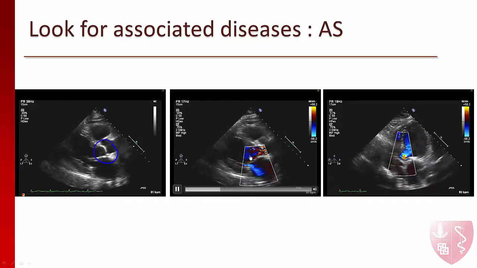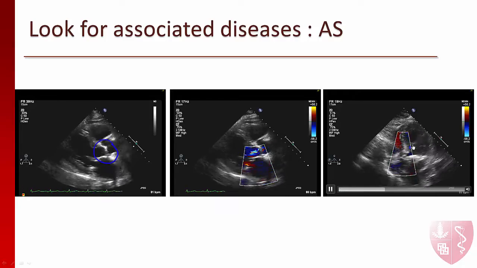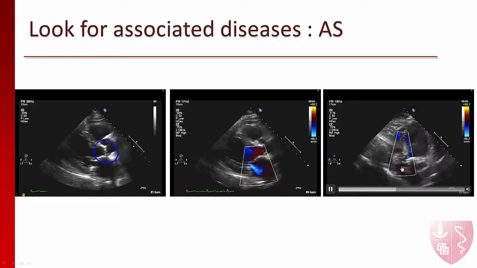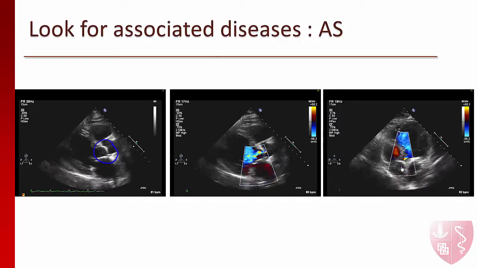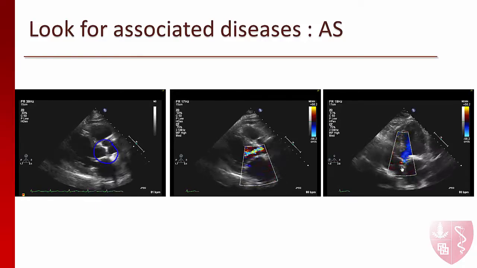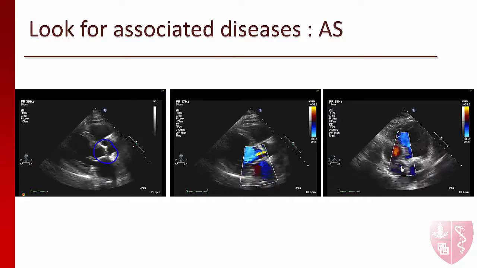When you look at the color, you can see that you have aortic regurgitation, and then you can confirm it in the apical 5-chamber view. So when you look at the valve, always look in the 2D first to try to see how the valve is opening and closing, and then put the color to see if there is any regurgitation or any acceleration through the valve.